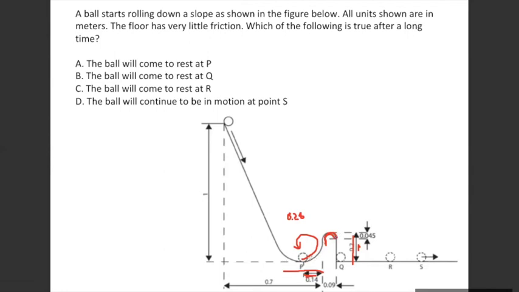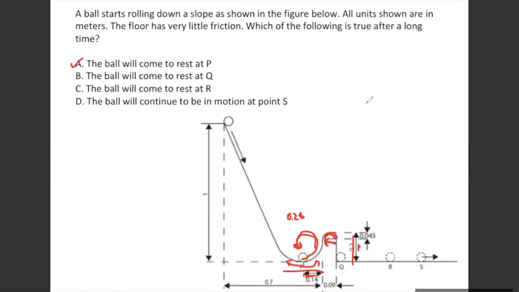And that's why the position P is the correct answer, which is option A. Even if there was friction, it will be positive. Even if there was no friction, because of this curvature, that's why I pointed that out first, the ball will slightly tend to move inside itself. And then it might just dwindle. So it might go about this motion and then come back again. It might just dwindle around in that bowl and then it will stay there at position P when it rests. So the correct answer is option A here.